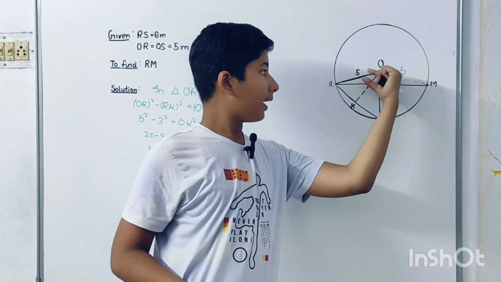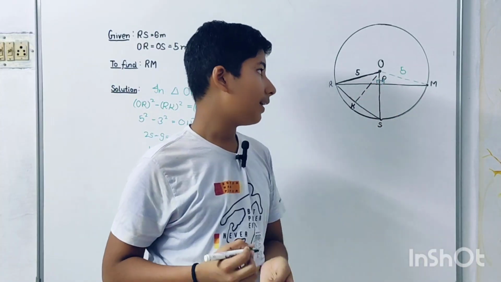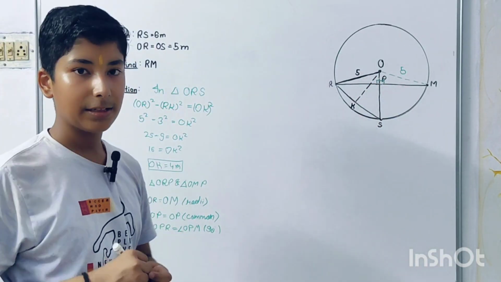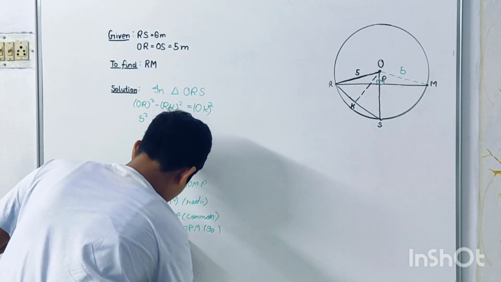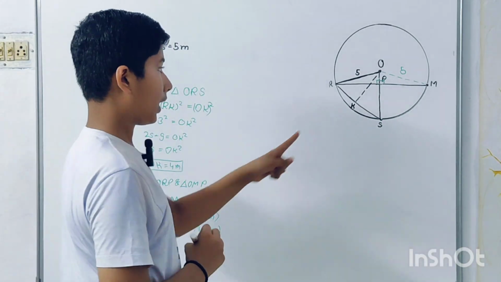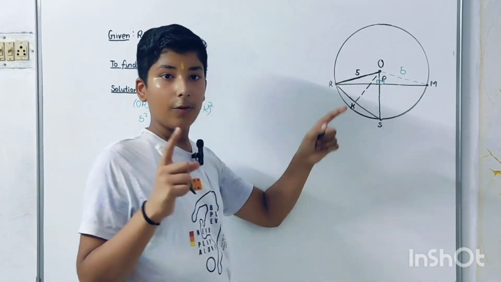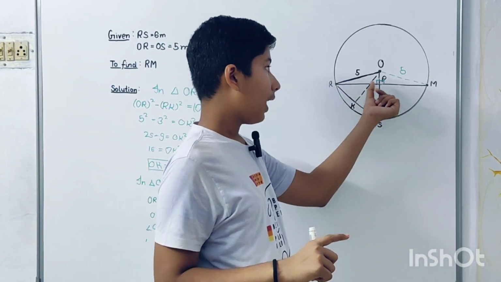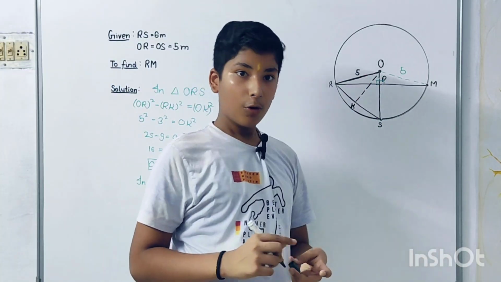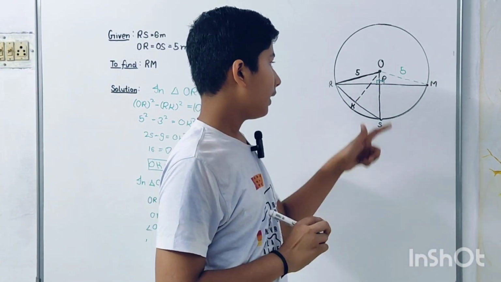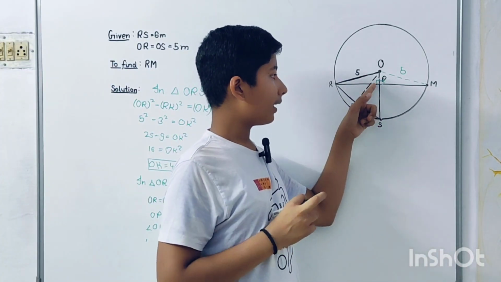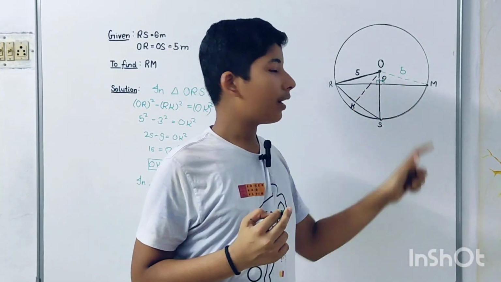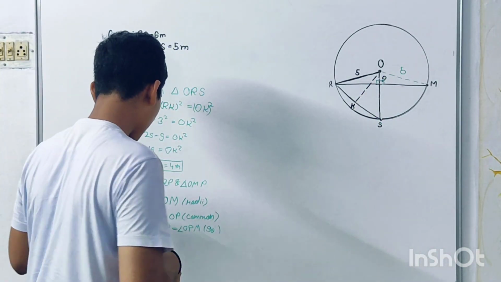Firstly it is side, angle, side, but we'll use the right angle, hypotenuse, side rule over here, because we can see a right angle, a hypotenuse and a side. So by the RHS rule,